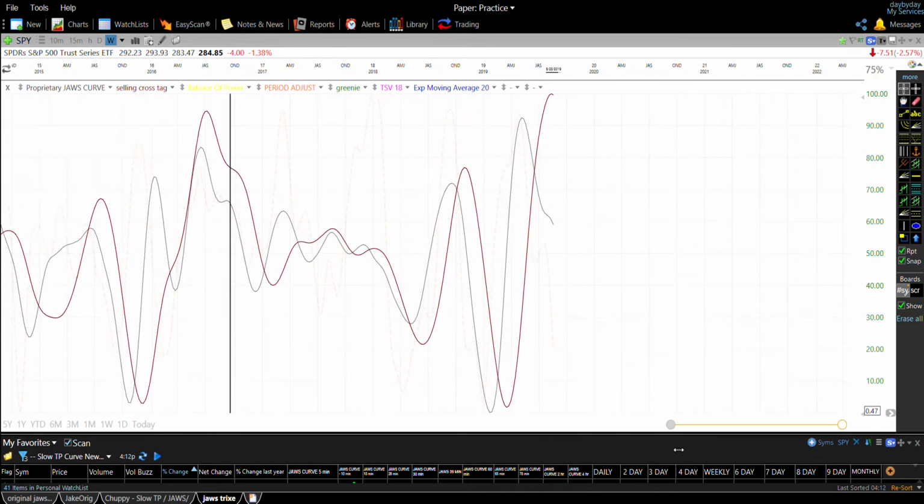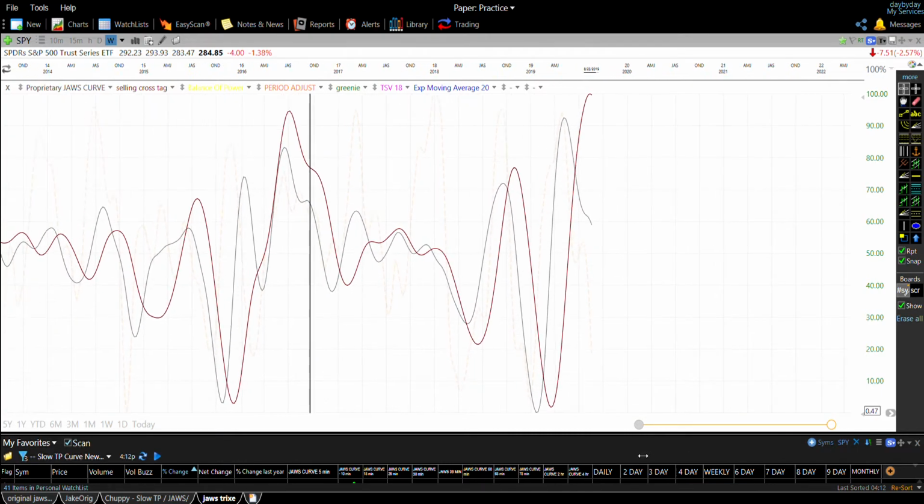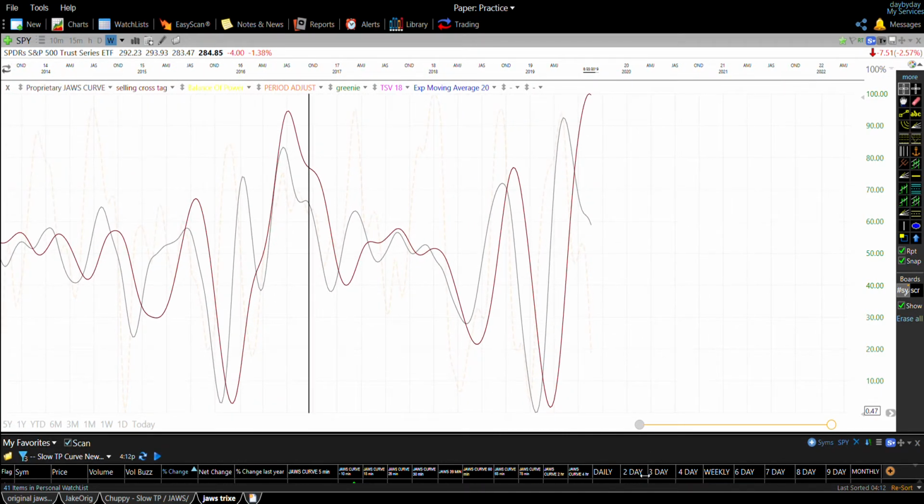So let's go ahead and go to the last line to see if we can eliminate that one from the puzzle. So again, in this case, we've got the gray curve crossing down. In this case, a cross never actually happened. So they're dissimilar in that way. Prior to that, we had our trough, which looks very much like this trough in terms of the red and the gray curves being side by side, which then led to a peak here, downward motion here,